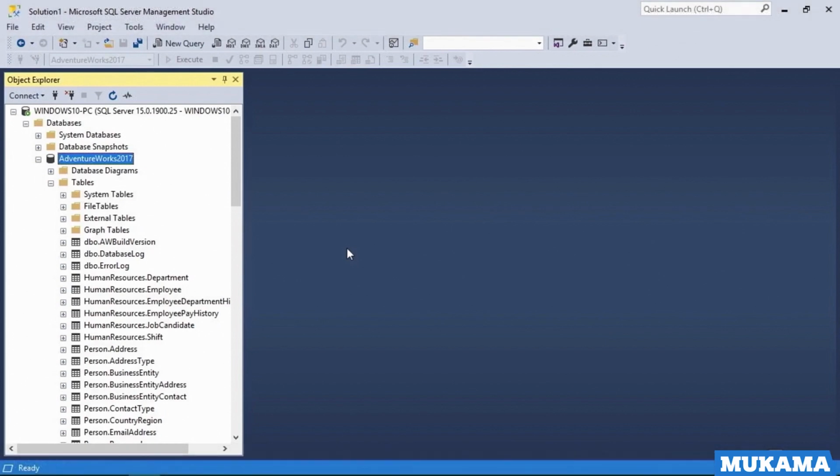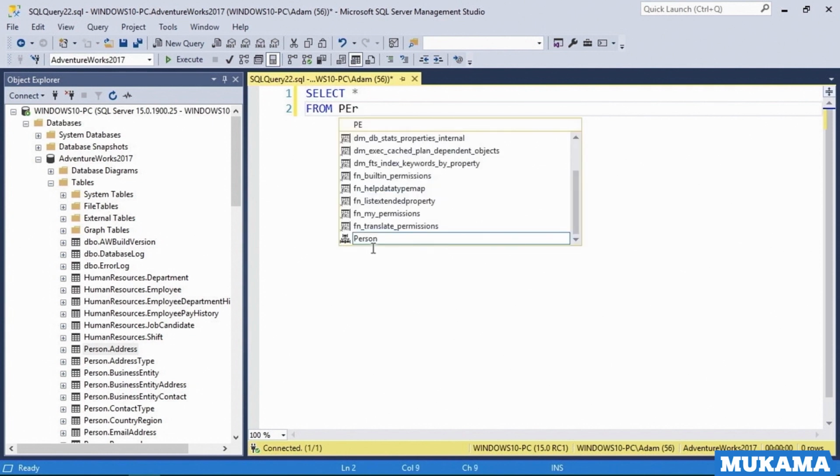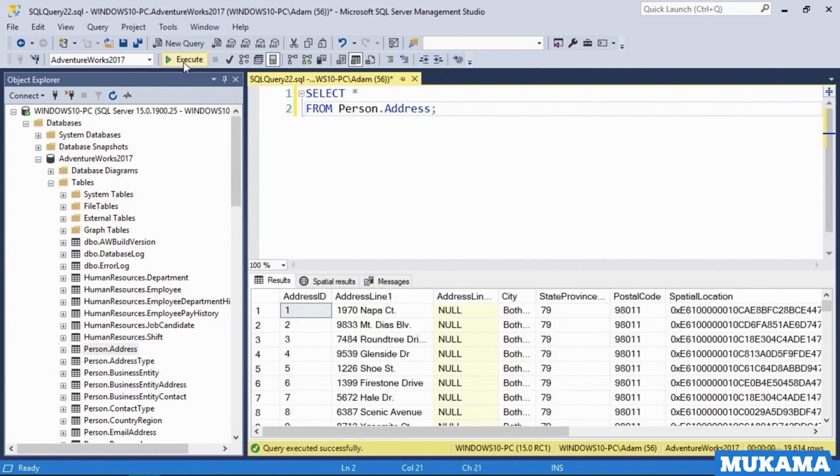In the AdventureWorks database, there's a table called person.address. Let's create a new query and create a select statement to take a look at the data it contains. I'll just say select star from person.address. I'll execute the query and you'll see that this table stores all 19,000 of the individual street addresses in this